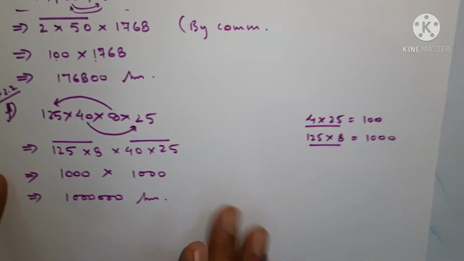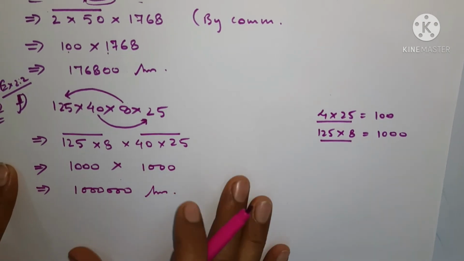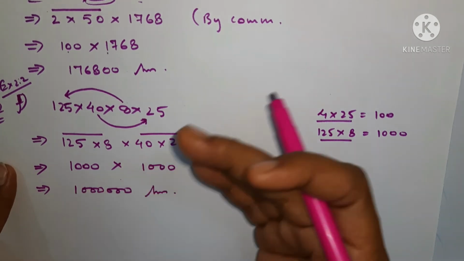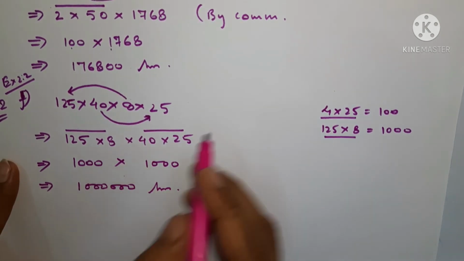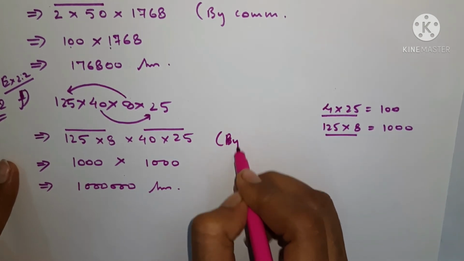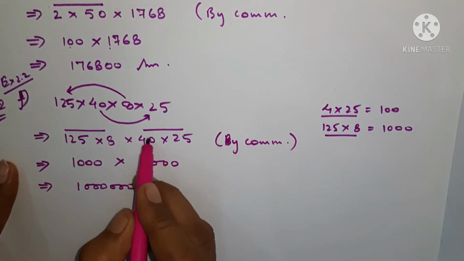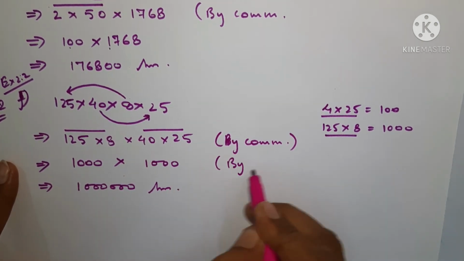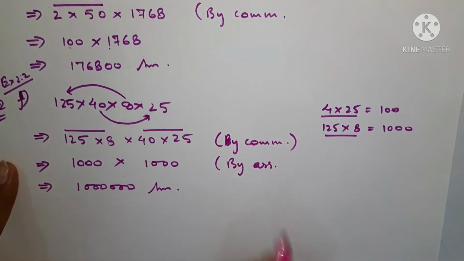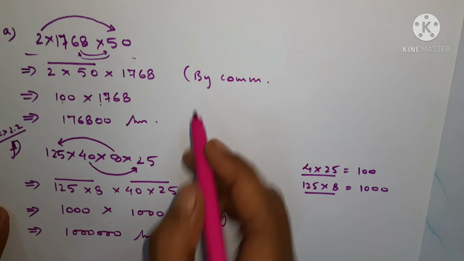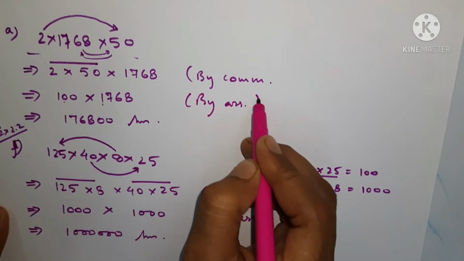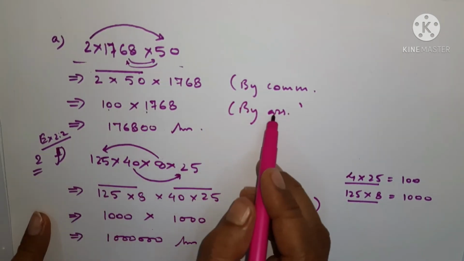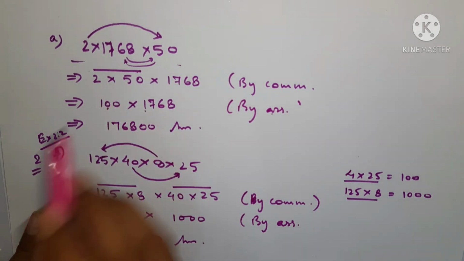That is why we are learning the properties, just to manage the solutions and find out the calculations in easy ways. So here also we have used the commutative property. We have interchanged the places, and here we have clubbed them together, so we have used the associative property. Here you are getting the answer itself. Understood? Here also we have used the associative property. We are getting the answer because we are clubbing them and then we are getting here 100. So it was the associative property, because of which we have grouped them together.